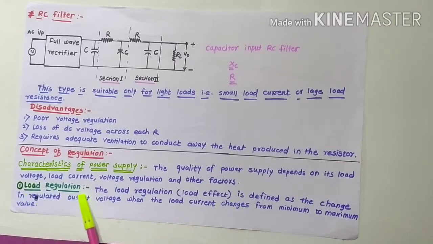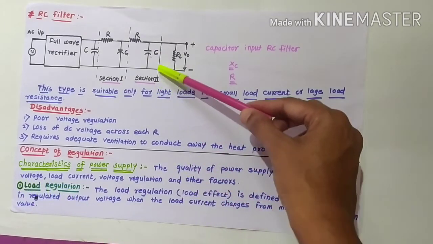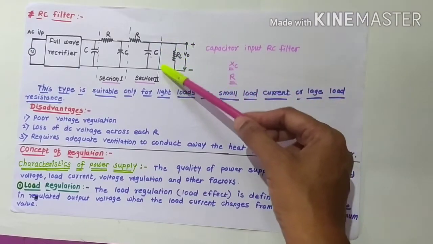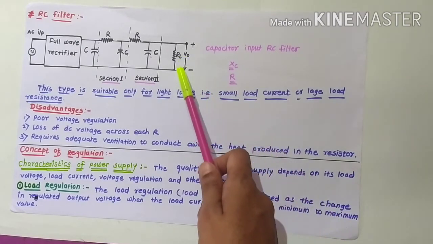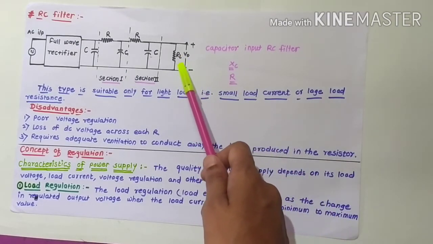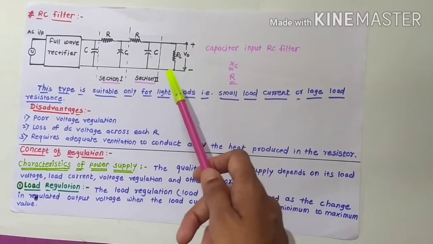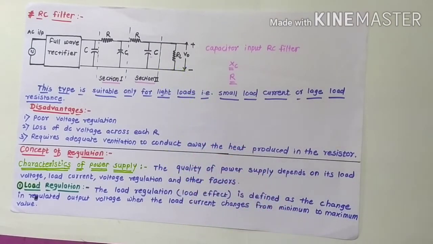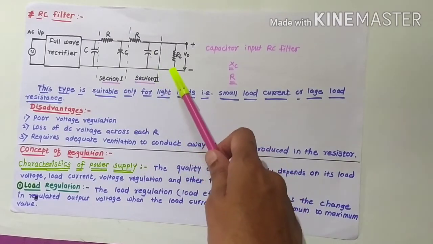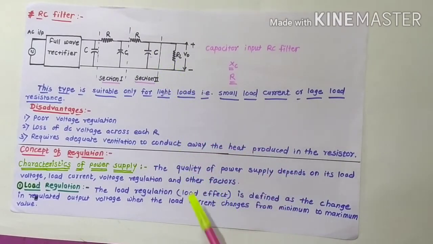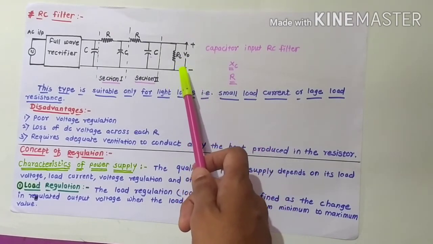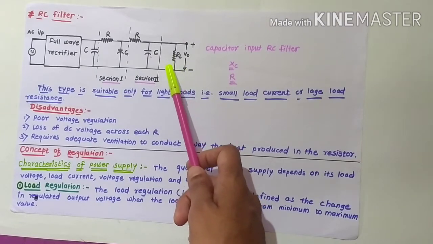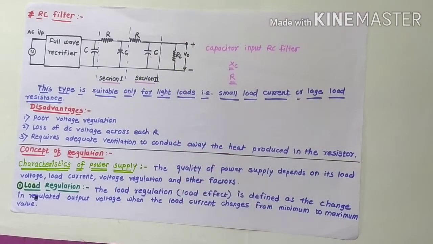This is the first characteristic, load regulation. Students, remember that load resistance means the resistance which we have connected at the output of the supply. It is very important to connect this load resistor, as it controls the excess current or drops the voltage across it. Due to that, the voltage regulation is possible. But some factors are necessary to maintain the voltage regulation with this load resistance. What are these factors? Let us see.